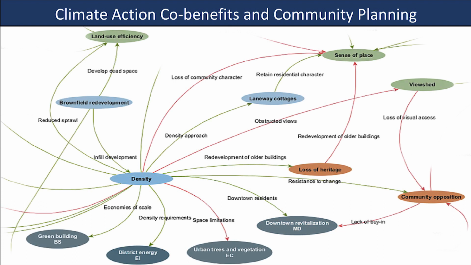But then we get some of these problems that come up as well. Once again, it's not all rosy. One of the big ones around density is that if you have redevelopment, you can lose some of the older buildings, which is a loss of sense of place. And we can also lose community character. This is a big issue for a lot of people, where you might have a smaller scale community that could also affect sense of place. And viewshed is often a thing that comes up with density. If people enjoy the viewshed, you don't want to have these massive buildings. So it was suggested in some of the interviews that you can densify in different ways. And as you can see, this laneway cottage approach, or having smaller buildings, infill buildings, might be an approach to mitigate against that loss of sense of place.